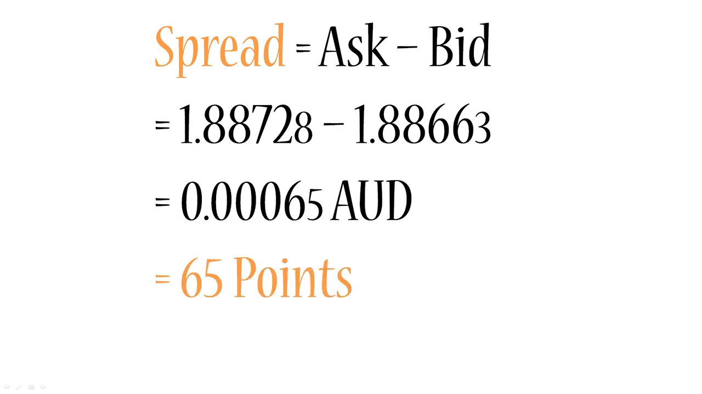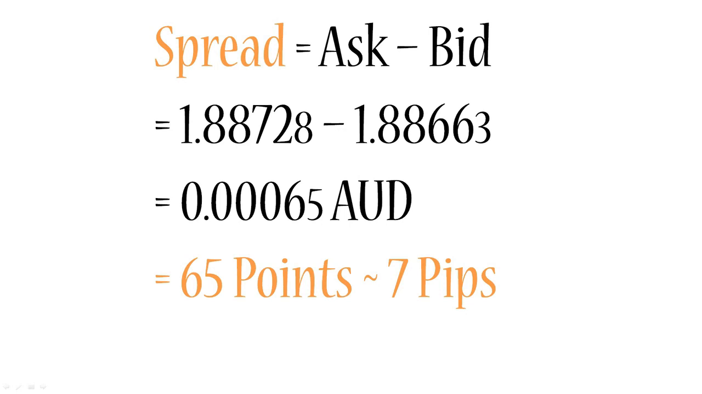Let's remember that even in the 5-digit quotation system, the point is the minimum change that the currency pair can experience. In this case, the minimum change is 0.00001, and if you multiply that by 65, then you will get your spread. So the spread is 65 points. On the other hand, the spread is approximately 7 pips. You can say 6.5 pips or 7 pips, it doesn't really matter. It's approximately 7 pips because the pip is still 0.0001